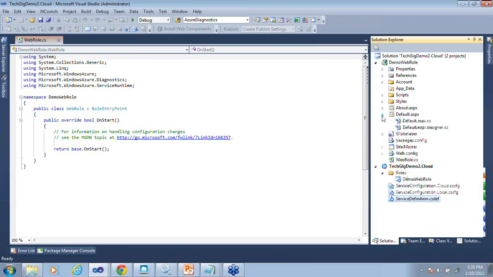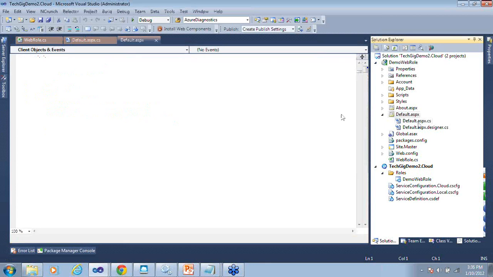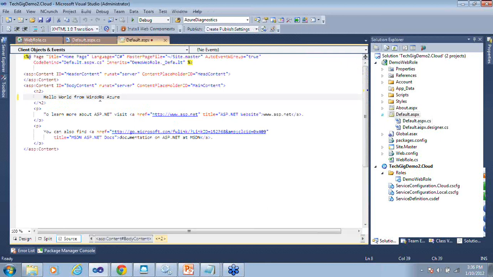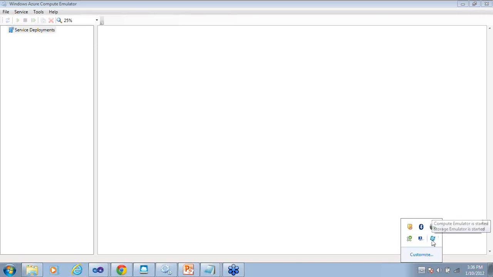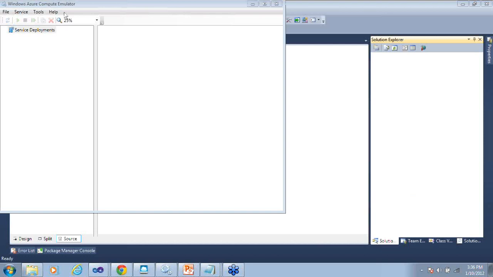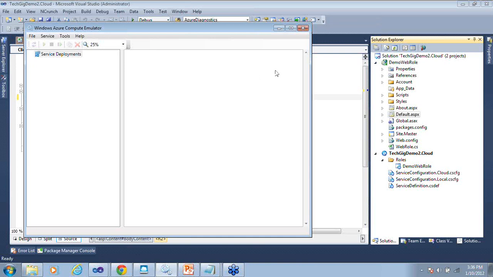So here, I just want to change the default page to say hello world from Windows Azure. That's all I have to do to create the project. I just set up, change something, and here is an important thing. This is the icon you see before running that application. This is the compute emulator or storage emulator, which is nothing but an emulator available for running Windows Azure applications. So I'm just clicking on show compute emulator, and here I'm going to see locally, when I run the application, the instances, the service endpoint, and those kinds of things, which is very close to what it is going to do in Windows Azure.